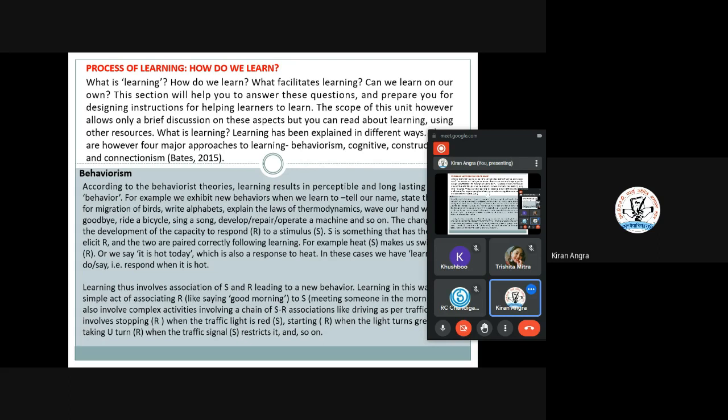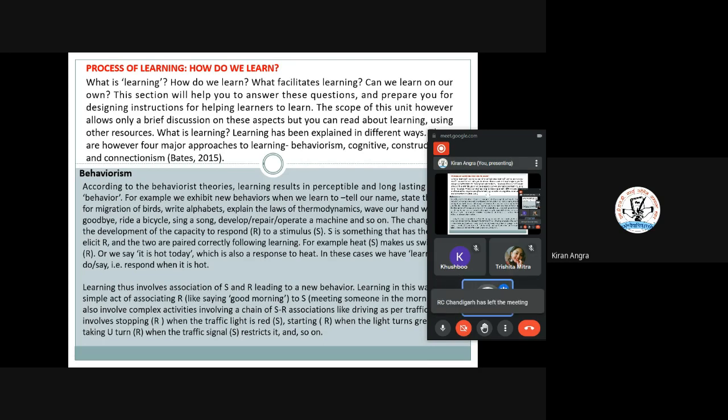So, learning thus involves the association of your stimulus and the response, leading to a new behavior. It is not always very simple. It can be a complex activity. It can involve a chain of activities, for example, if we drive a car, and while driving a car,